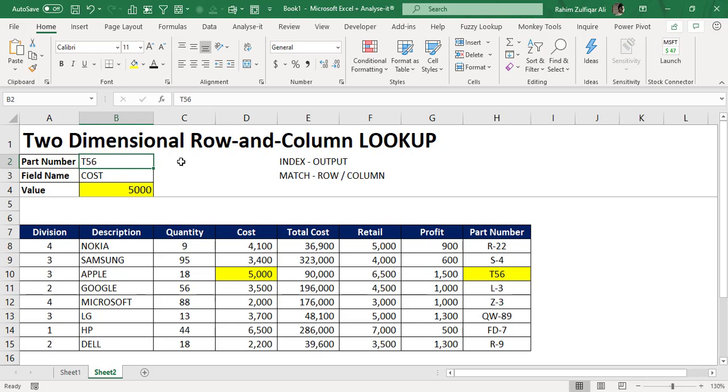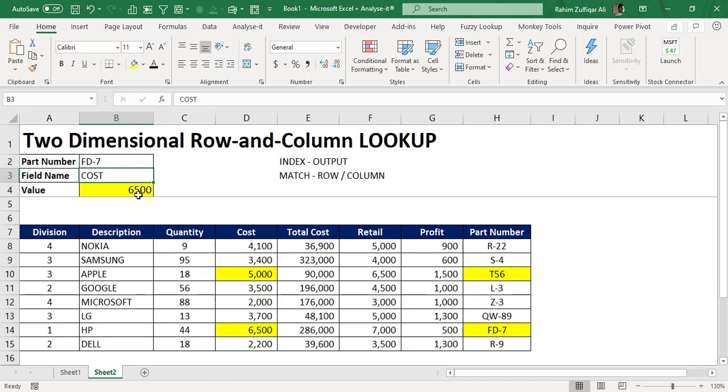Now for example, if I look up the part number FD7 cost, it fetches 6500, which is absolutely right again. But what happens in the next scenario is that I don't want the cost, I want, for example, the retail price or a total cost or a profit.